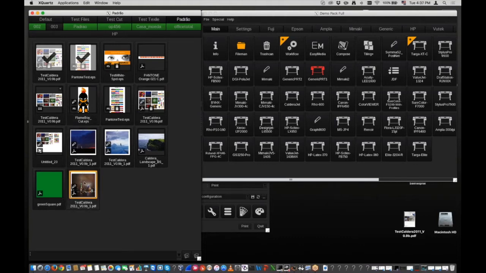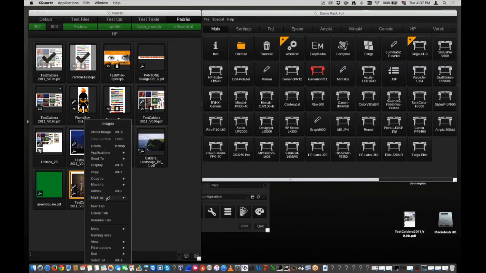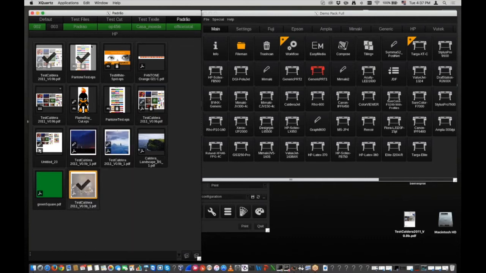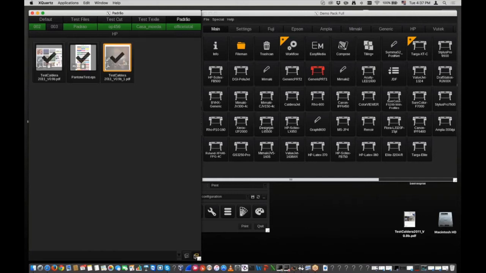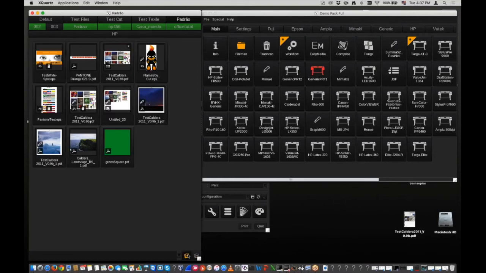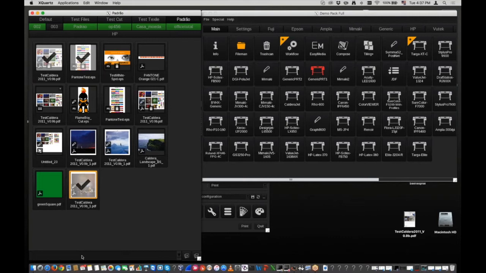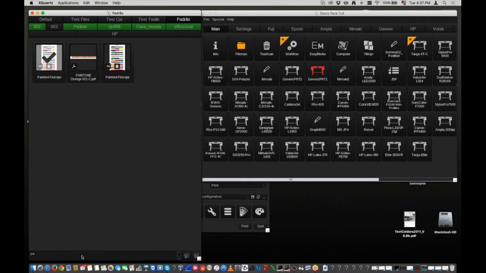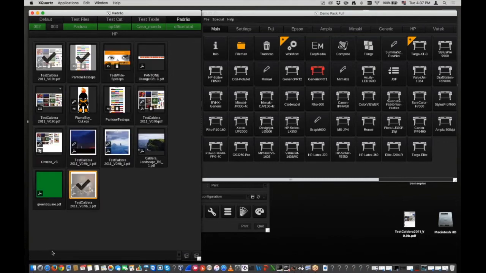Then you can, if you wanted to mark any file as done, for an example, so you control all your done files, and then you can see here all the done files, the undone files, all files, and you can search here for Pantone, for an example, and then have all Pantone files here. So if you have your print order as your file name, then it's easy for you to search for N